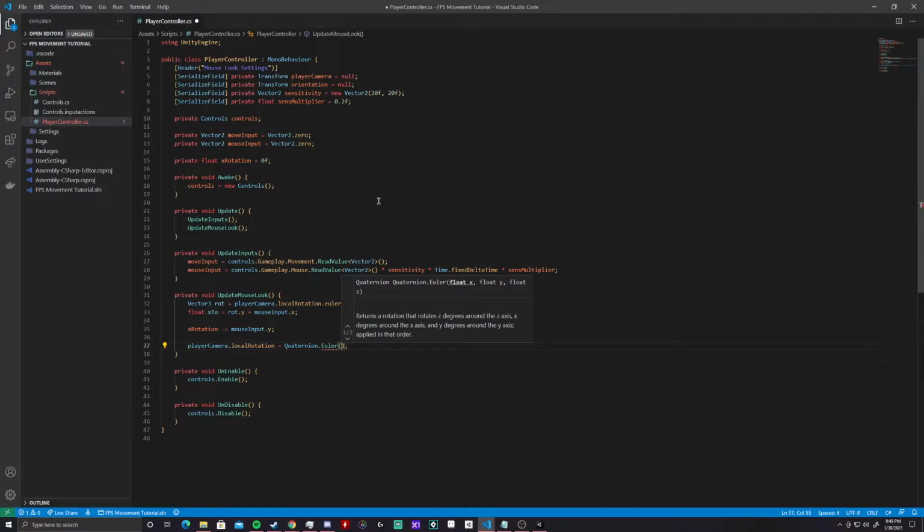But this is basically here. I'll just read this to you. Returns a rotation that rotates z degrees around the z-axis. Whatever. This will basically just apply a rotation in a way that it can understand. So we're going to say what x rotation we want is going to be our xRotation, and then our y is going to be our x2,